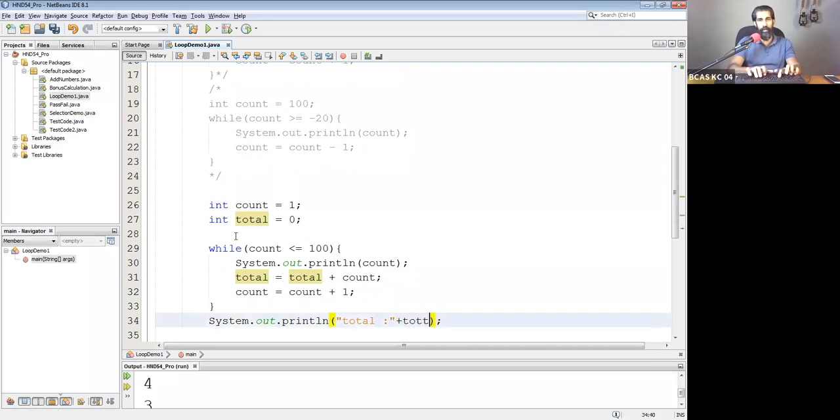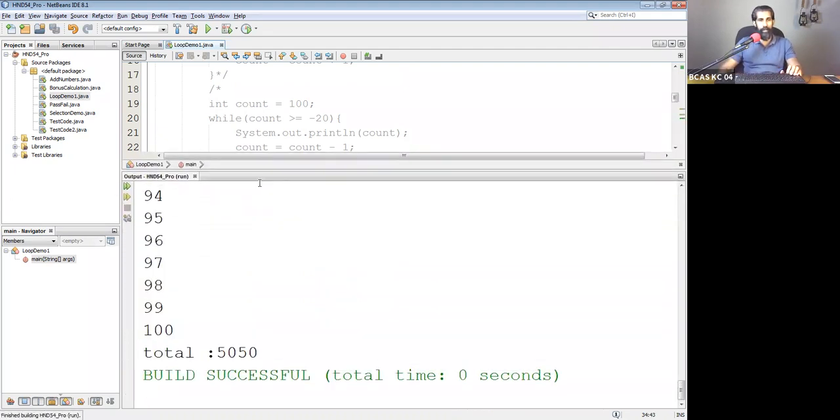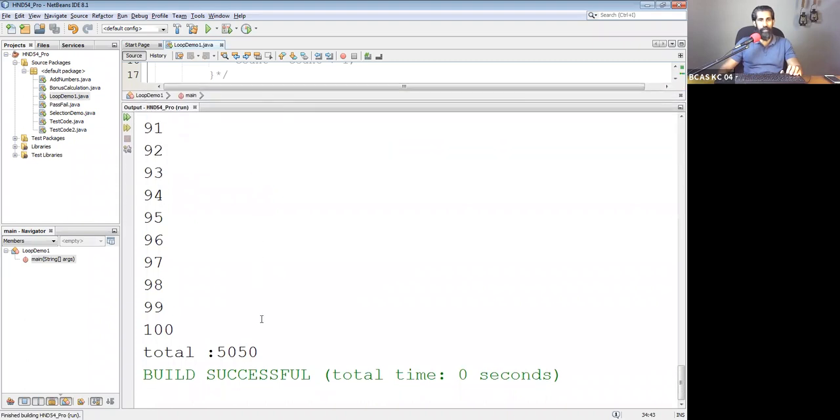Here you got the total, right? So when you run this one, once everything finishes, the total is displayed as 5050.